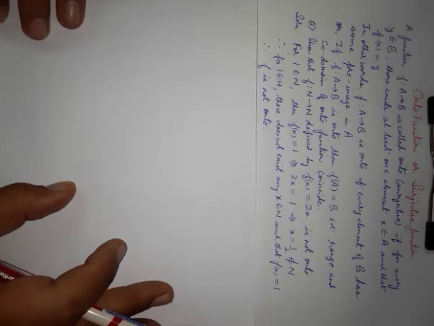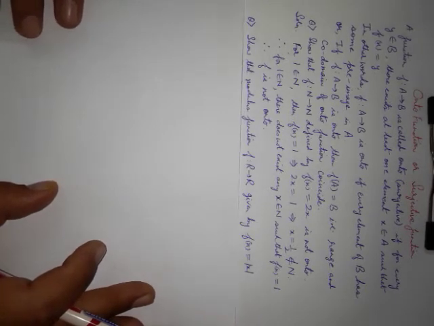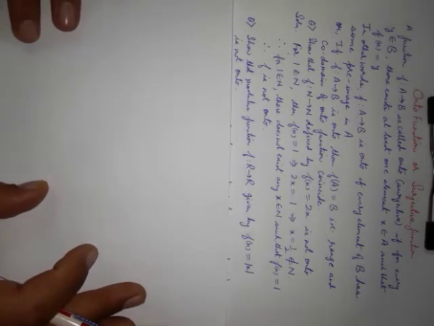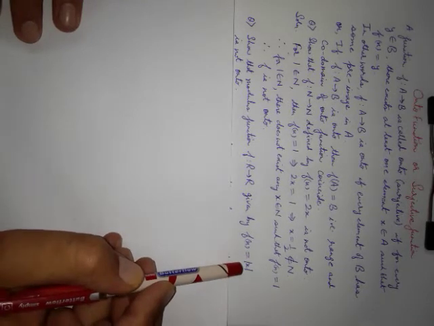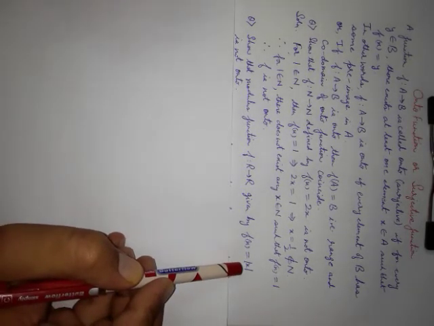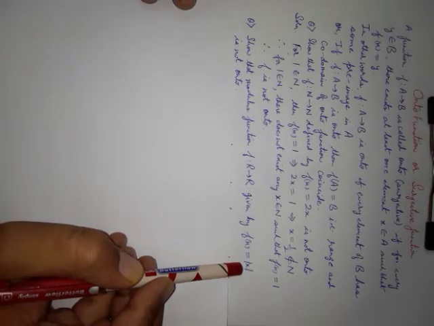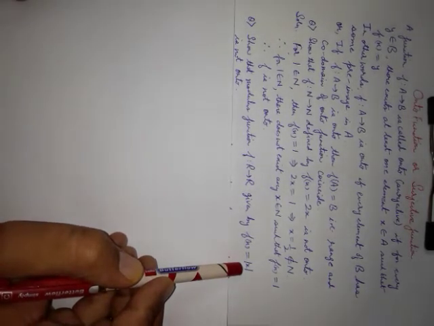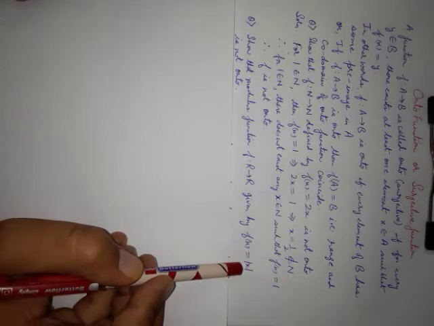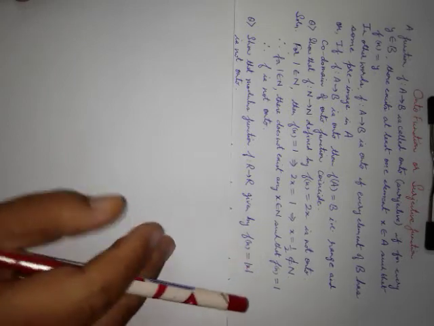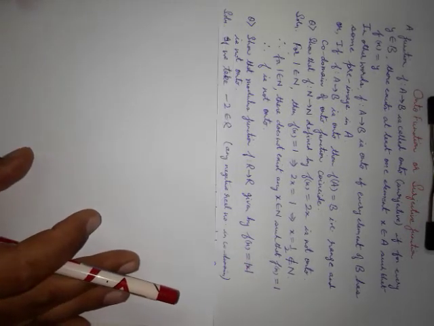Let's take another example. We have taken this example in one function. Modulus function defined from real numbers to real numbers. F of x is equal to mod of x. Now we want to show that it is not onto. As we know that when we want to show that a function is not onto, we have to give some example. So we try to find some example.